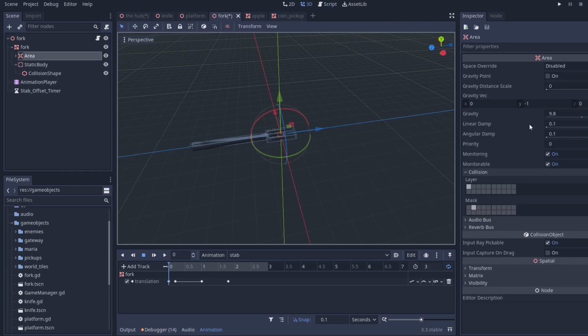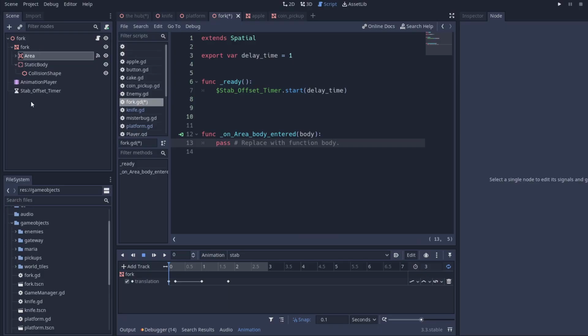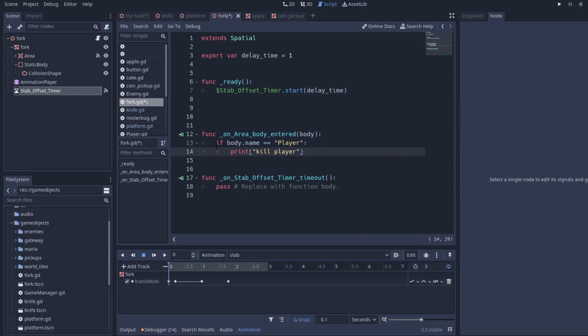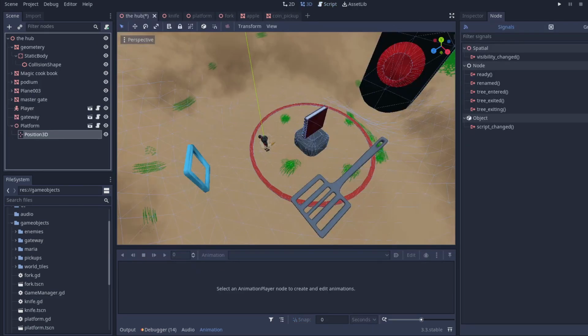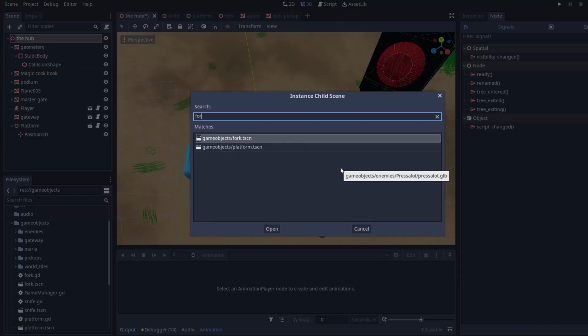Then we get the body entered from the area. Then we get the timeout. Then we save if body name is player, we print kill player. Then in the offset timer, we start the animation player. Okay, let's test that out. So we go hub, insert, fork,